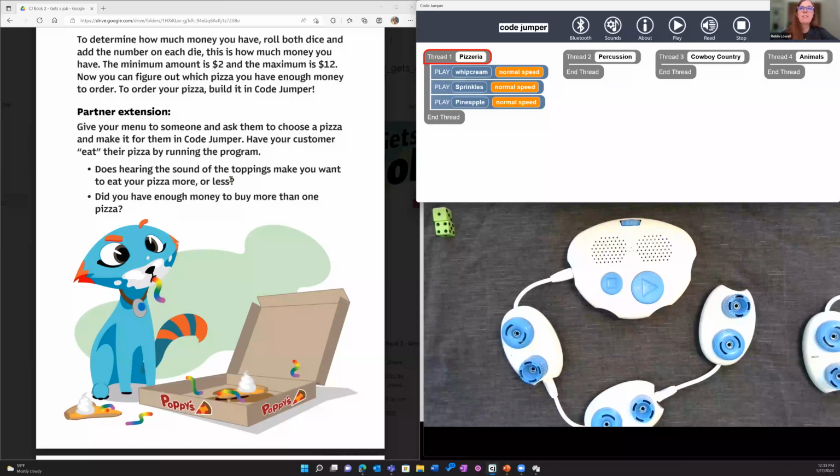How about you, Beth? Super excited. If you're not familiar with CodeJumper, it is an easy entry point to get kids just playing and having fun with it. And you will see all of these embedded skills in a lot of these puzzles.